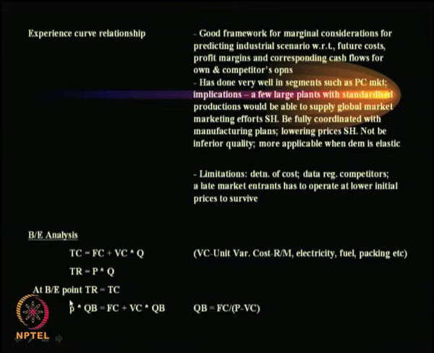What happens at break even point? The total revenue will be equal to total cost. Then what is that characterized by? This is P into QB will be equal to FC plus VC into QB, and the QB, that is the break even quantity, will be equal to FC divided by P minus VC. This P minus VC is referred to as the unit contribution. So, this is the way break even analysis can be represented,